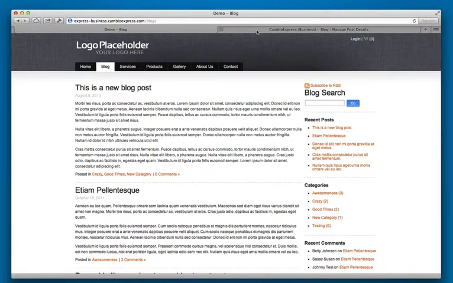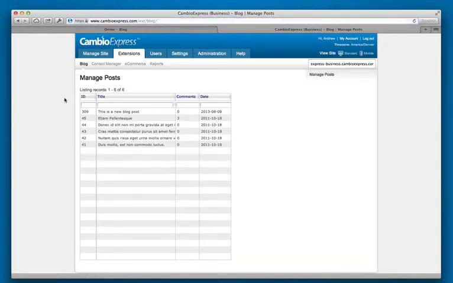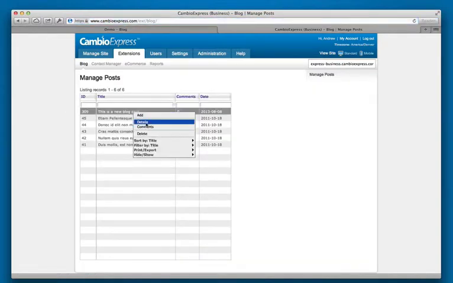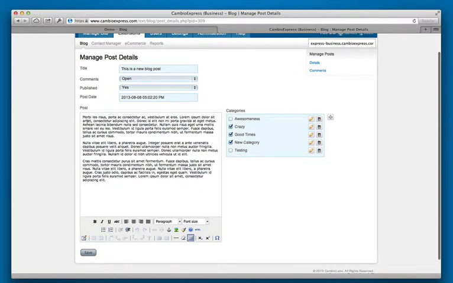Now let's say you wanted to add an image or something. I can go back in here. Of course, if I had already left this area and wanted to come back, I can just click on that one and click on details. Once I'm in here, let's say I want to add an image on the right hand side of this. I just put my cursor where I want the image to go. I go down here and click on the image icon,